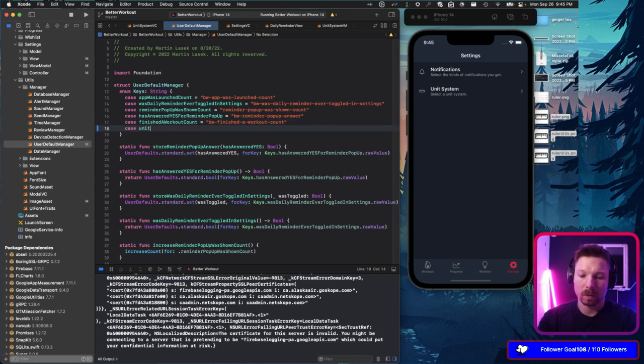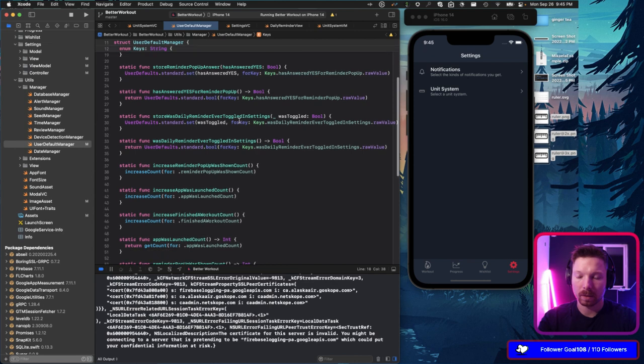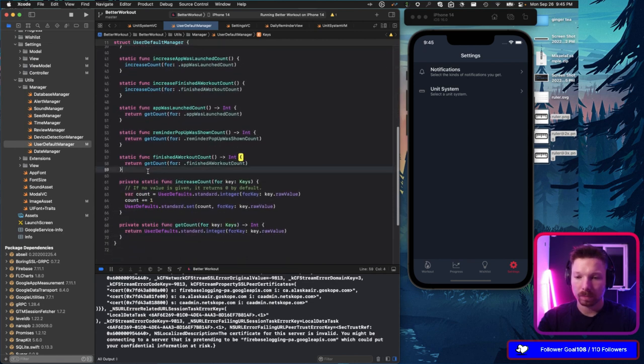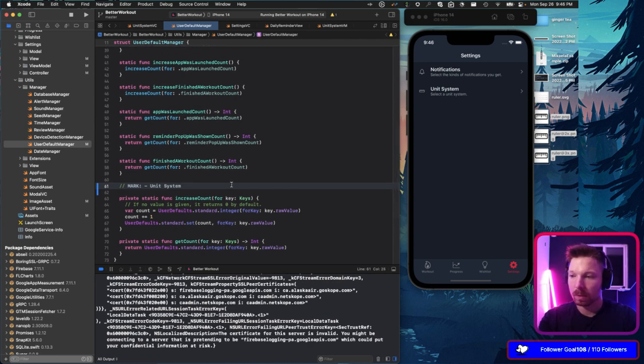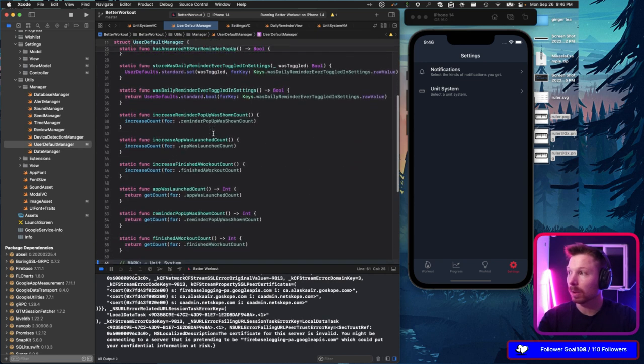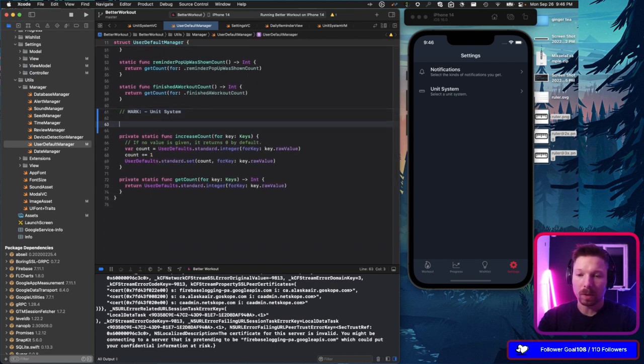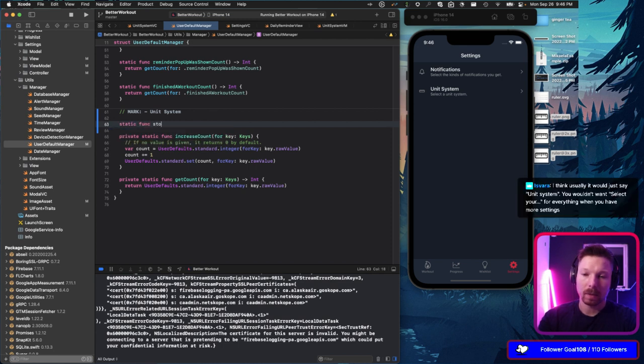So unit system equals better workout unit system, like that. Now, let's do it better and mark it unit system. Did I say Unity system up here too? Unit system, no, it's correct. Okay, great. Now here, let's say static func and then store unit system, and then we're expecting unit